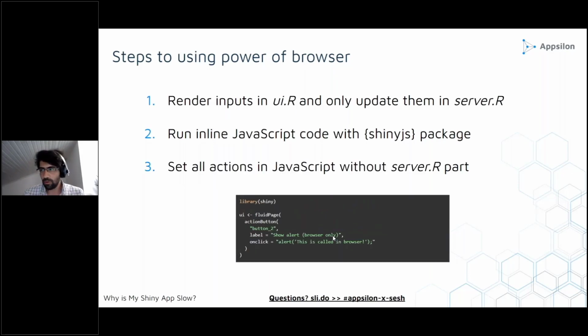And finally, if you want to go even a tiny bit further, you can set the JavaScript without even going through the server. So for some of these elements, this means using inline JavaScript events. For example, onClick is actually an attribute of the HTML that generates this action button that will trigger this alert without even going to the server. So Shiny doesn't even know that this onClick event happened, and especially for